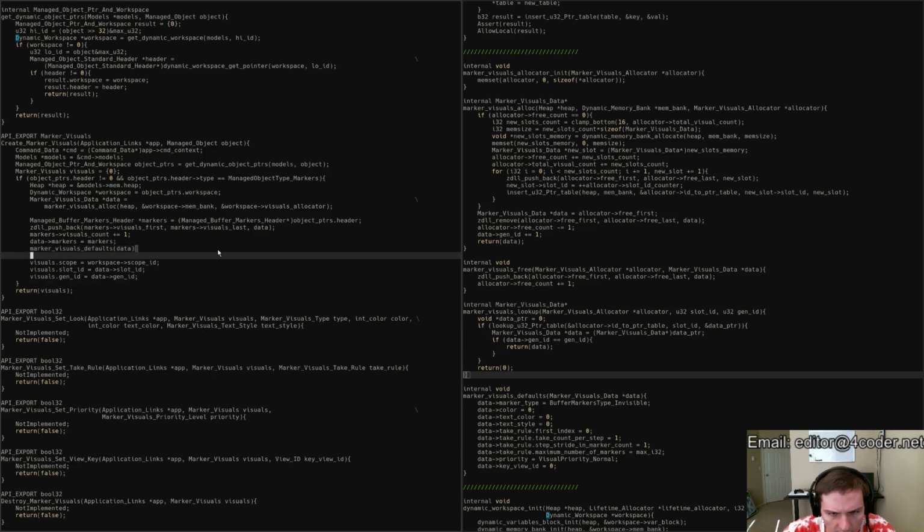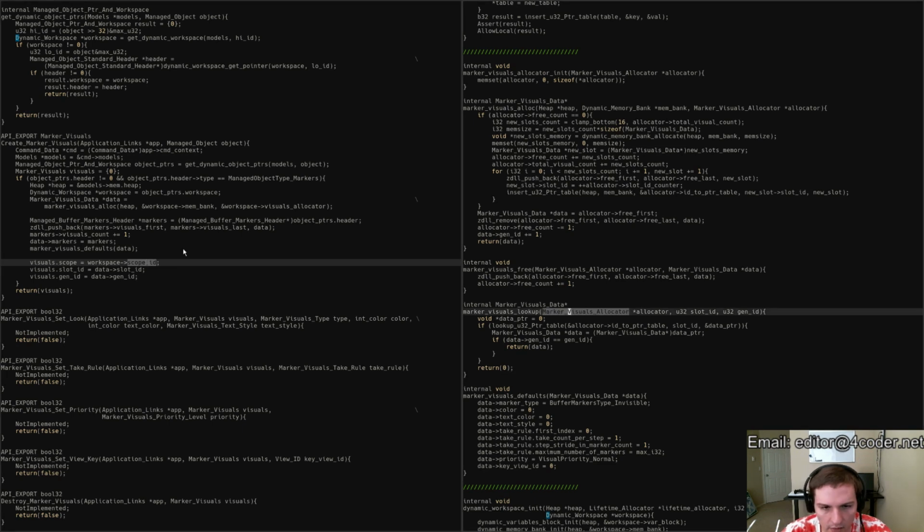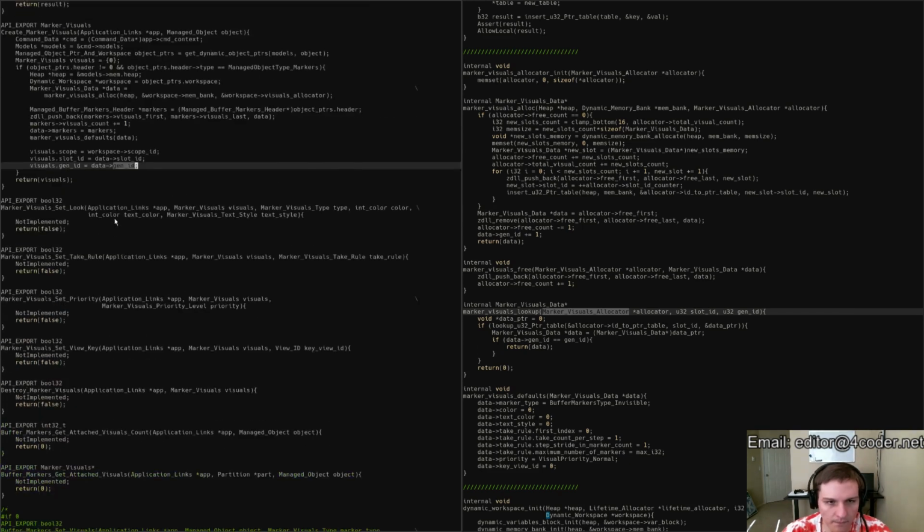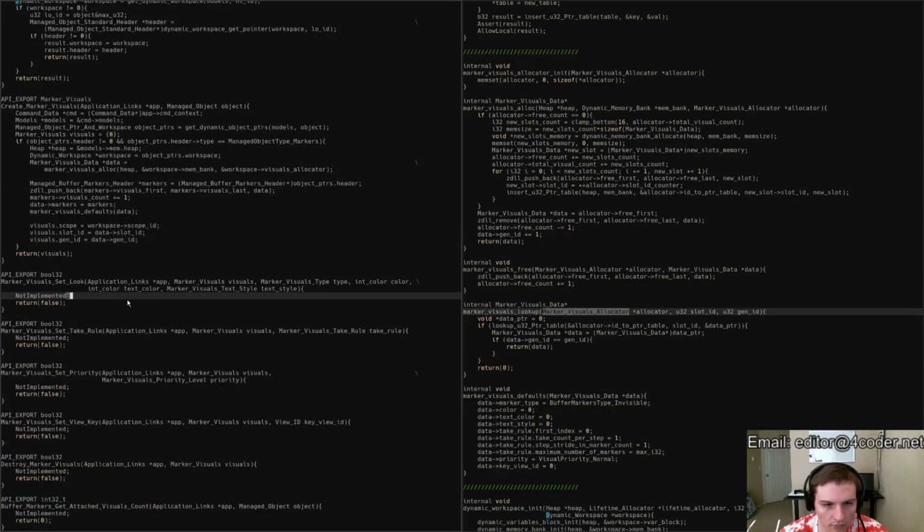So the allocation process initializes a little bit of it. This initializes a little bit more as we put it onto the markers struct, and then we link it back to its own markers struct. We fill the rest of it with the defaults, and then we fill the return struct with the scope ID that we need to get back to this visuals allocator, the slot ID, and the gen ID. These three things together uniquely identify one marker visuals object. And then